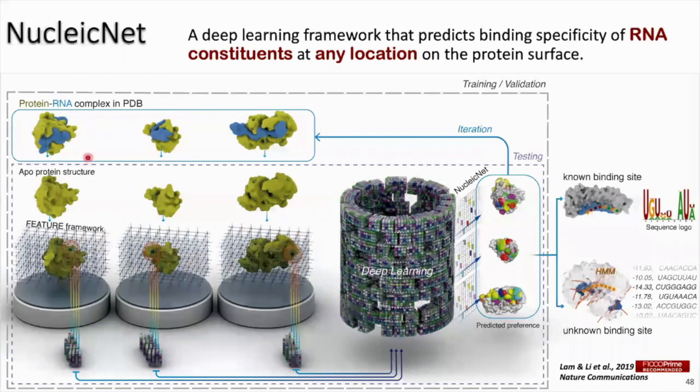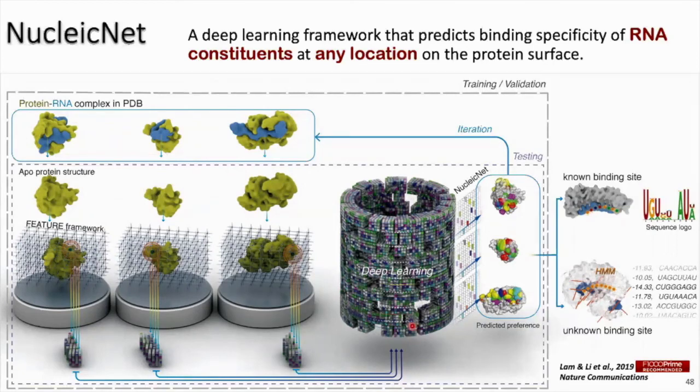Our framework starts with the protein and RNA complex structure, which can provide us with the labeled information for training the deep learning model. And then we will remove the RNA structure from this complex, so that the input for our deep learning model will become the protein 3D structure. On the protein surface, we will generate lots of grid points. And for each grid point, we will use some rotationally invariant feature to represent it, which will be further introduced later. And then the representation will go through a deep learning model to predict the following two pieces of information.